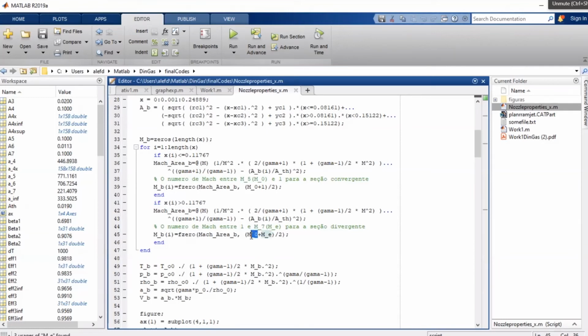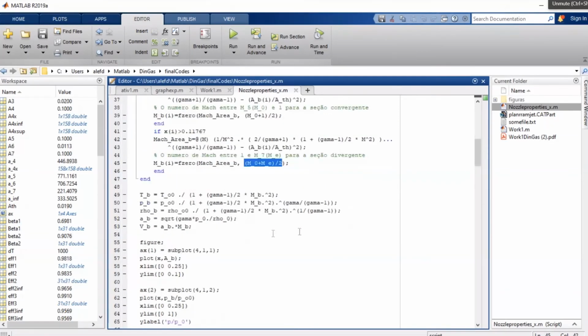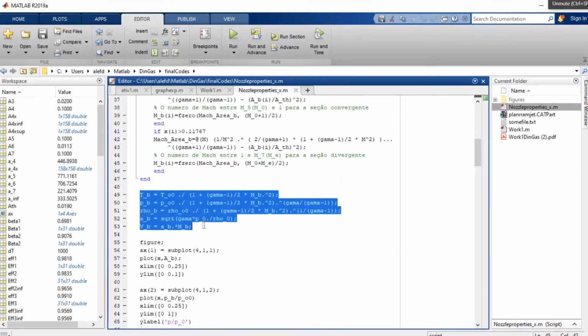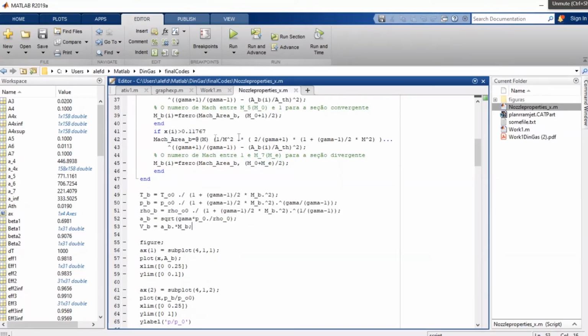In the second region after the throat, I expect a value between the Mach number at the exit of the throat and at the exit of the nozzle. So I took the average again, and I was having problems because I was getting the same solution on both sides. Then I found that I should solve around the point where I expect the value to be, and that solved my problem. Then I calculated the same way, but with vector operations, using the Mach number I found as a function of x to find